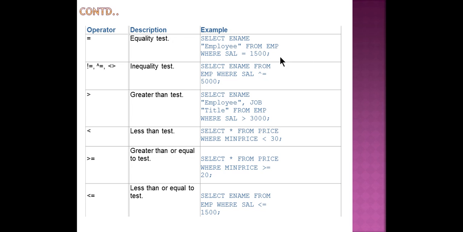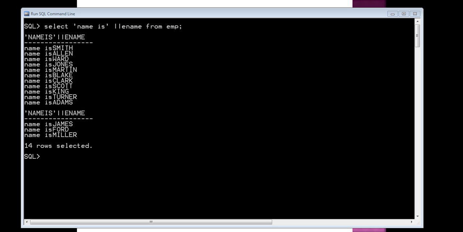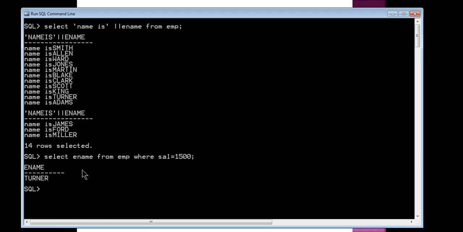If you execute this one, you can see here salary equals 1500. So salary column values are compared with 1500, and the corresponding value of ename is displayed in the result.